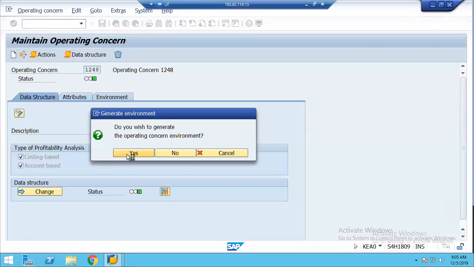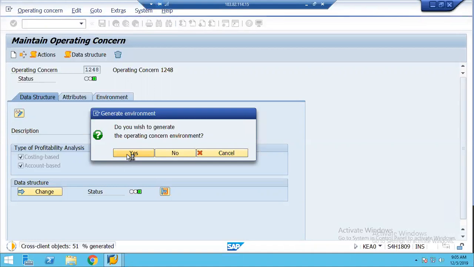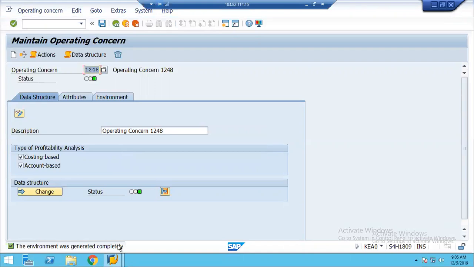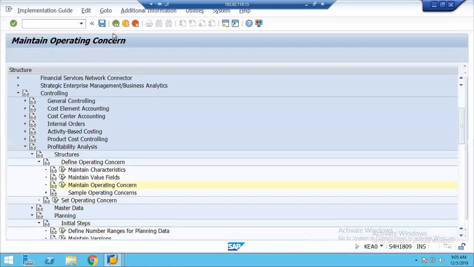So we are adding one quantity field to our operating console. Okay, so the environment was generated completely. It is in the green color. That's fine. Now let us go back to our